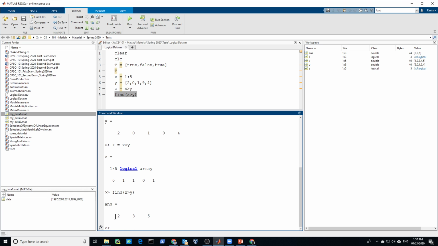So it tells us that element number 2 and 3 and 5 meet this condition. Okay, so element 2, where you compare, 2 is greater than 0, that's correct, and 3, which is 3 greater than 1, that's correct, and then 5 greater than 4. So it tells you that element 2, element 3, element 5 meet this condition. So it's very handy, very useful in many applications that you can